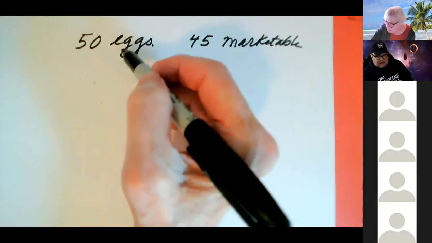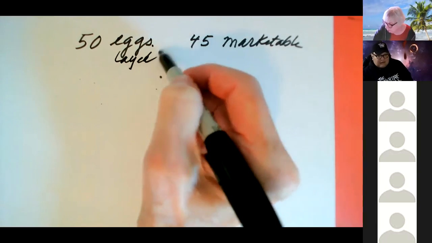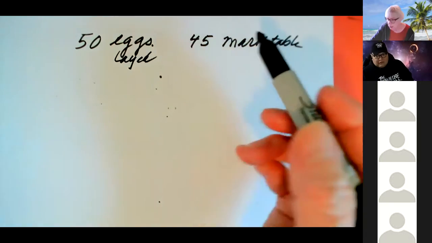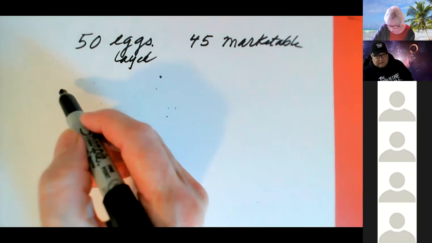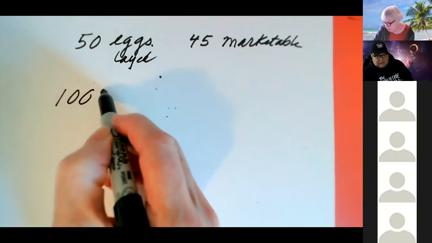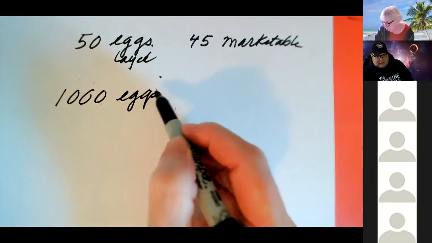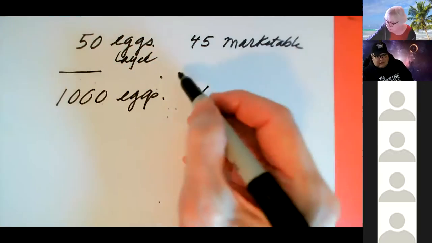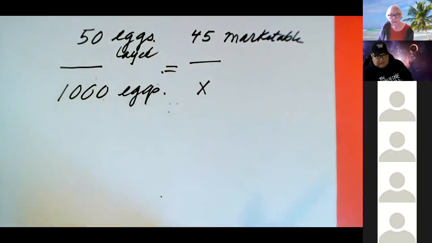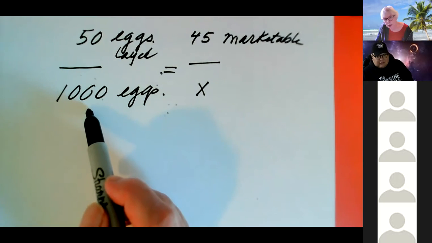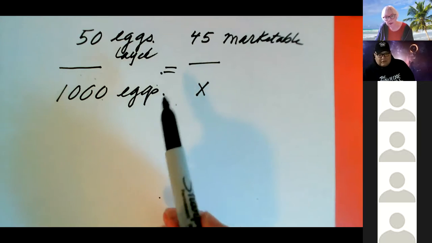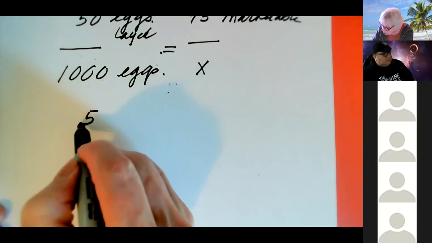So these were eggs that were laid, right? This was the number that how many was marketable. So now this farmer has a lot of chickens. So it's 1,000 eggs. How many of them will be marketable? So there you go, equals, there you go. Okay. So obviously it's going to be a number under 1,000, but fairly close to 1,000, I would say. And so let's